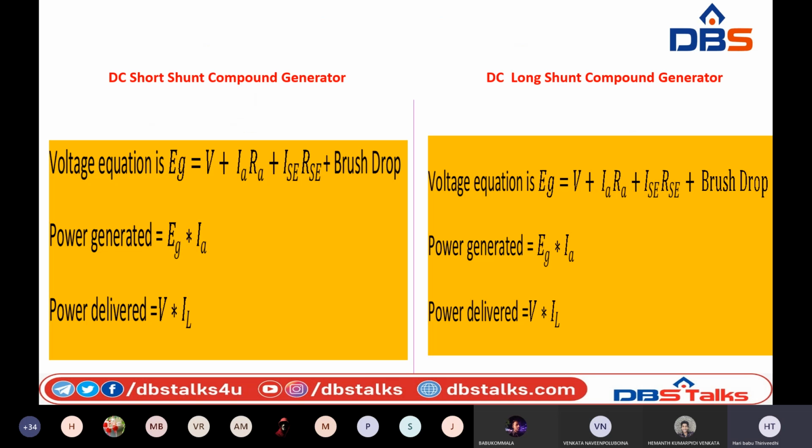So this is the EMF equation, right? For long shunt, we know the terminal voltage 500. We know the IA 52.5. We know the RA 0.04, 0.03 I think, plus ISE. ISE is nothing but, as usual, IA is equal to ISE, right? So the 52.5 and the RSE given value, plus the brush drop of 2, and we are getting the EMF. After that they ask to find out